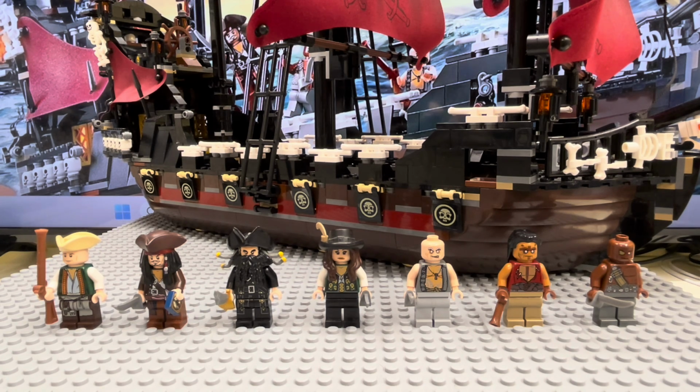Anyway, we will go from left to right here. So on the left, we have the Cook. He is a unique minifigure to this set and is worth about $12.49. Next to the Cook, we have Captain Jack Sparrow, of course, and this minifigure looks like it came in about 4 different sets and is worth about